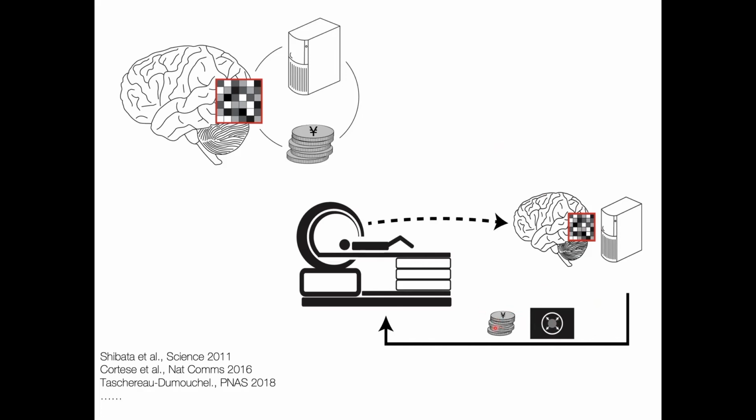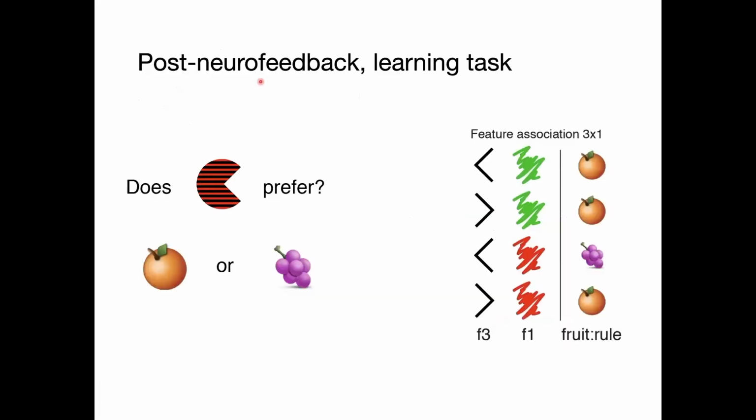And the only thing they are told, they're instructed, is they have to maximize their gains. They have to earn as many rewards as possible by modulating their activity. What we do is base this reward signal on their current neural activity. And so after 2 days of this training, participants did again the same task, the same behavioral task, in which